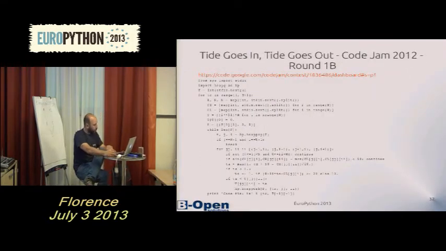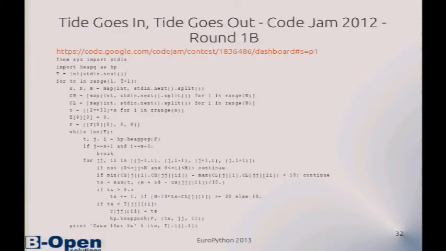Now, this one is another very interesting problem. And here you start to see what a real problem is. This was given in round 1B. So it's not the qualification round, where they always give something easy enough that everybody can do. During the qualification round, you have 24 hours to do at least one of the problems, and you have 4 problems.